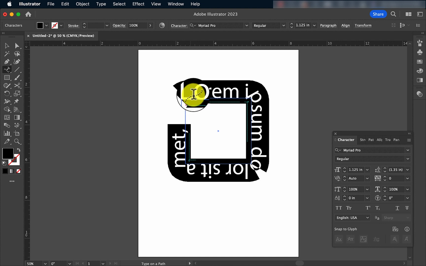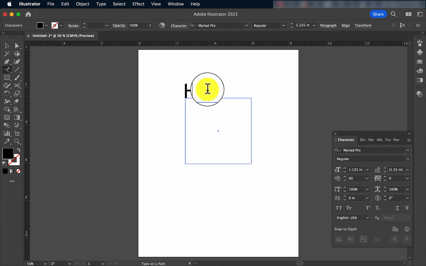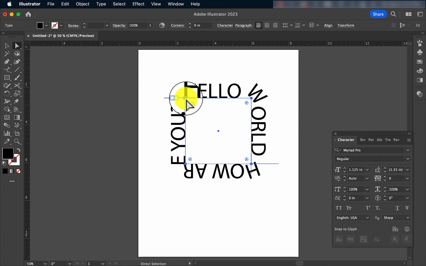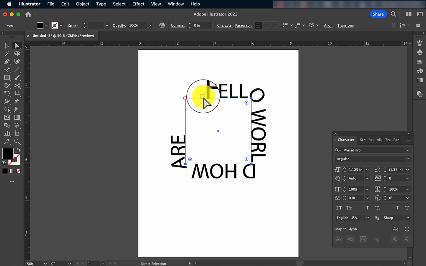As you can see, you can start wherever you want. I'll undo and I'll start here on the corner. Your first leg of text will start wherever you decide you want that to begin. And we're going to enter our text and see how this reacts. So if this is what you're looking for, you can move your text around. There are some